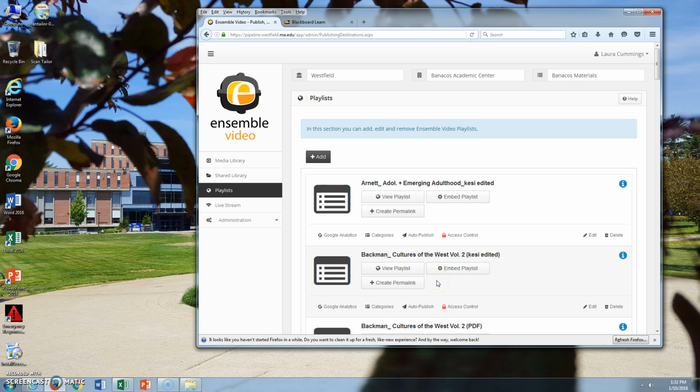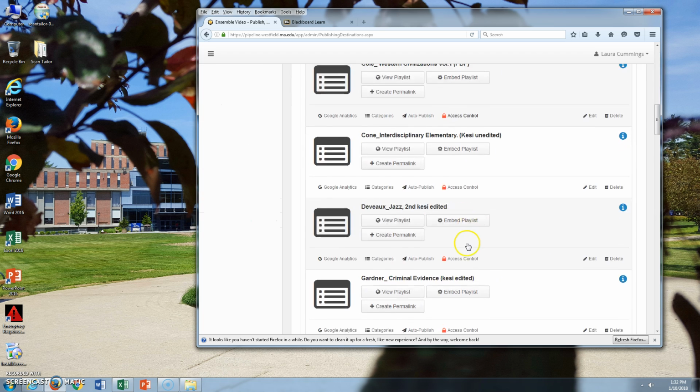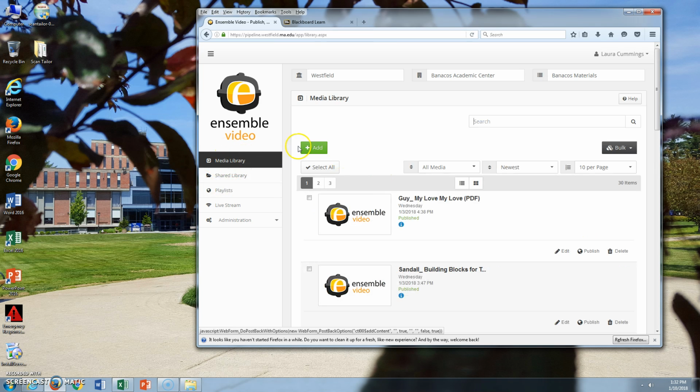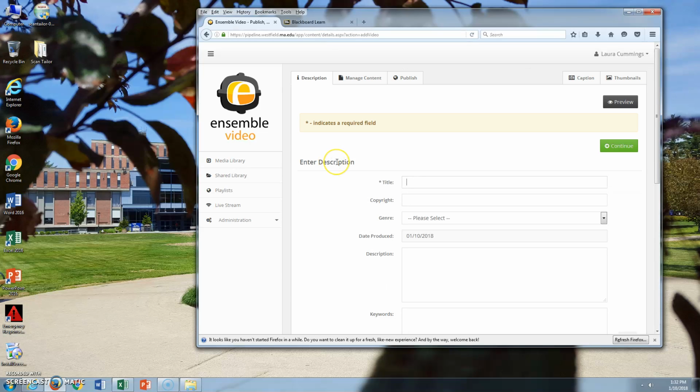So now your playlist is completely done. You don't have to do anything with it at this point. From here, you'll click on Media Library right here, and you will click Add Again. This is where you'll actually upload the file once we get to that part. So again, you'll do this